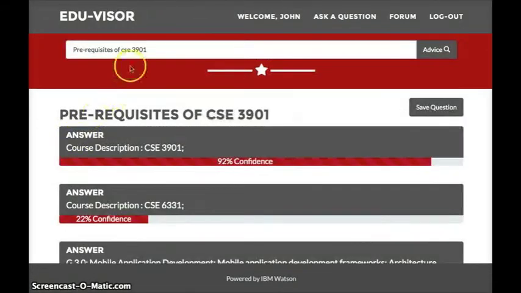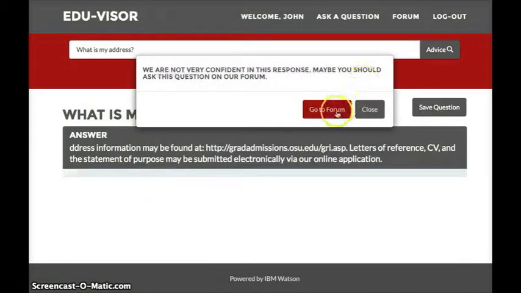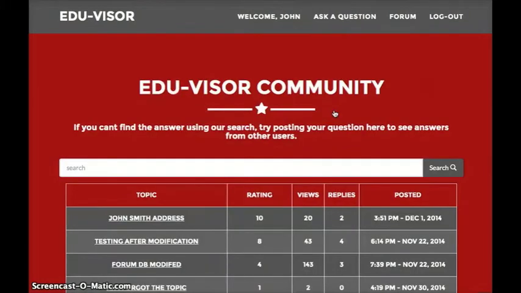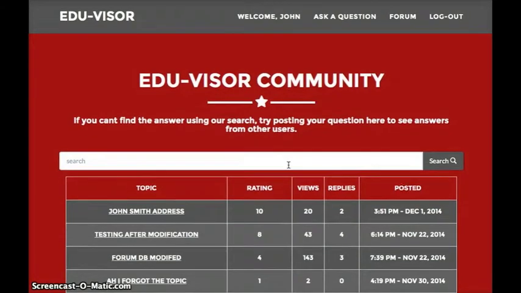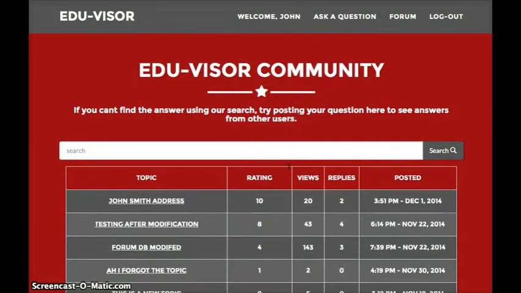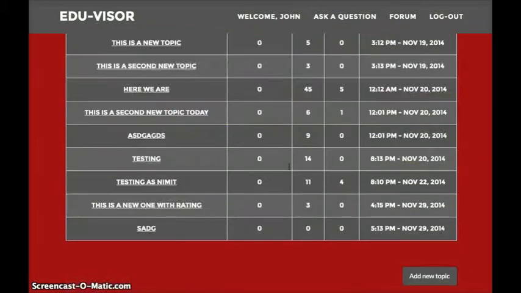Let's say John wants to know what his address is though. That is not a question that we have in our corpus and would be kind of weird if we did. But on response, we get this pop-up which tells us Watson wasn't very confident in the response it's giving back. Maybe John should try asking this question to the rest of our users in our forum. Maybe someone could give him a response and our application would still be of use to him. As you can see, as a logged in user, I can post a new topic or view the other topics